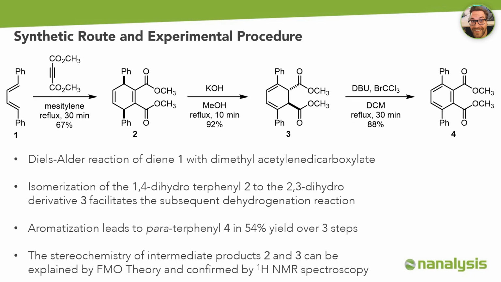We start with the Diels-Alder reaction of diene 1 and the acetylene dienophile in mesitylene at reflux for half an hour to generate the dihydroterphenyl species 2 in 67% yield. Isomerization of 1,4-dihydrocyclohexadiene derivative 2 under basic conditions in methanol leads to the 2,3-dihydro derivative 3 in excellent yield. The dehydrogenation reaction employing DBU and bromotrichloromethane in DCM yields the para-terphenyl 4 in 88%, which corresponds to 54% yield